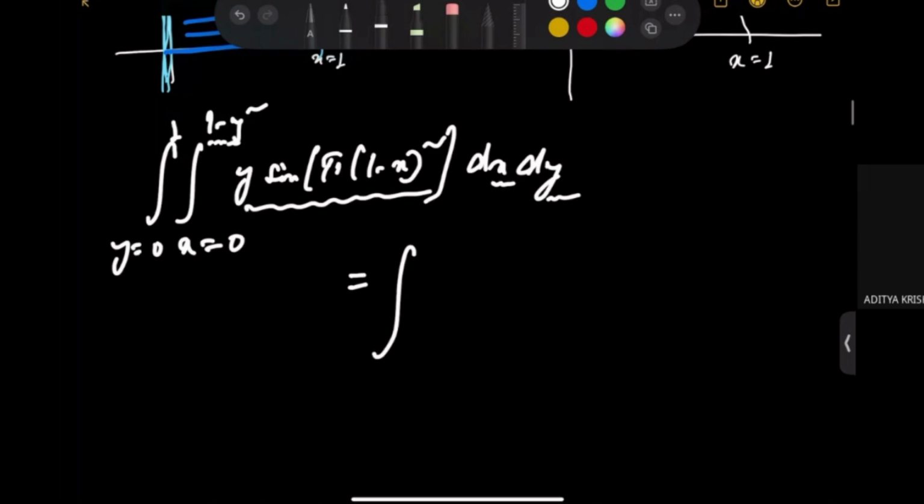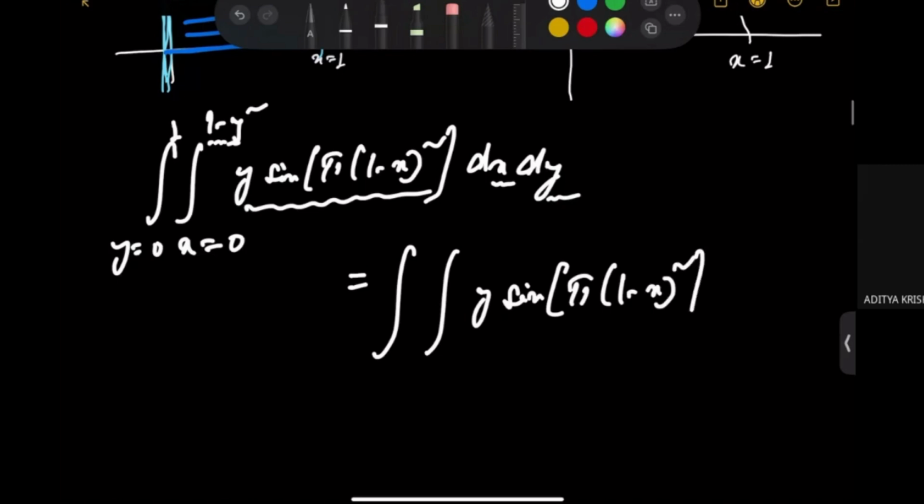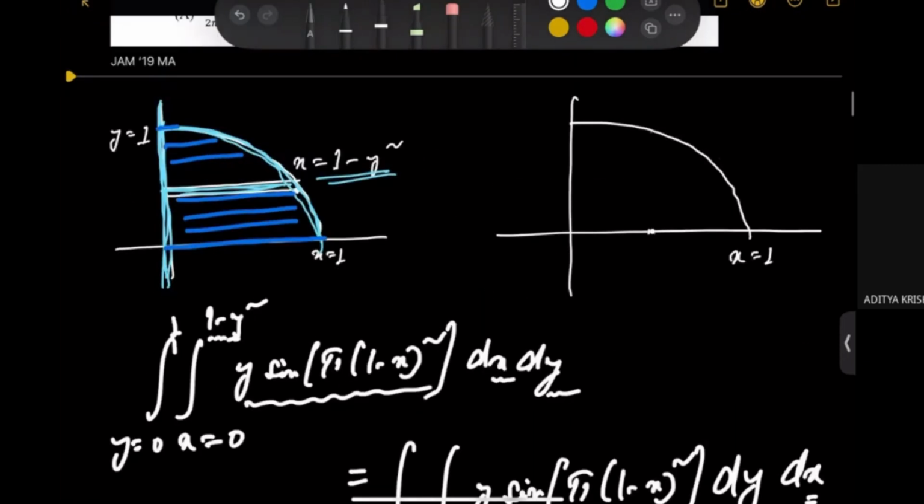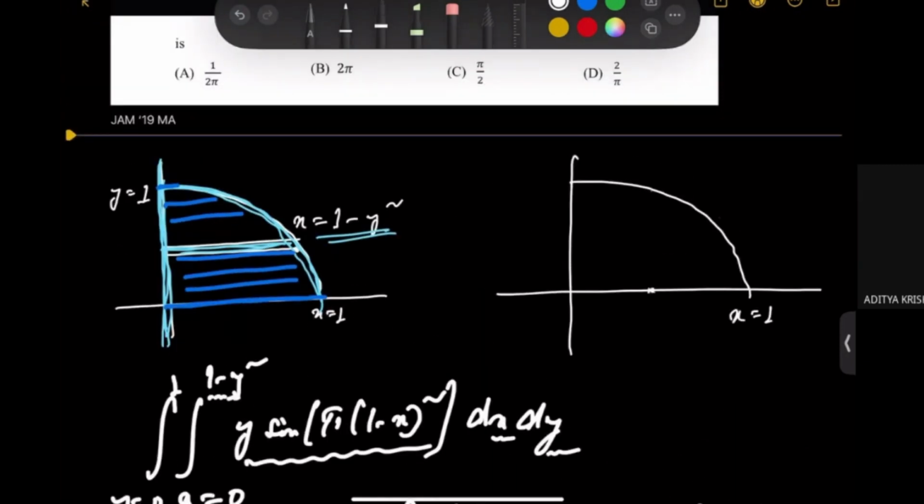So I'll just write like this. The function remains the same. There is no change in the function. All you have to do is just change the order. Dx dy was, it will become dy dx now, where the limits of y will come first and the limits of x will come later on. So the limits of y would be, if you look at the second picture here,